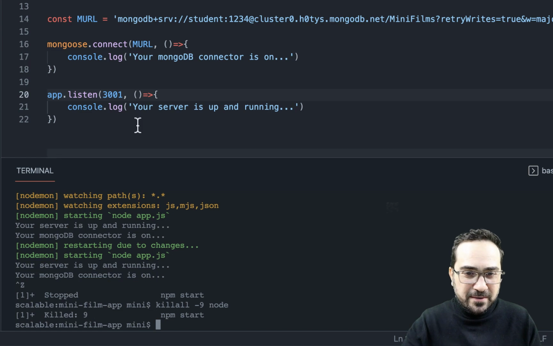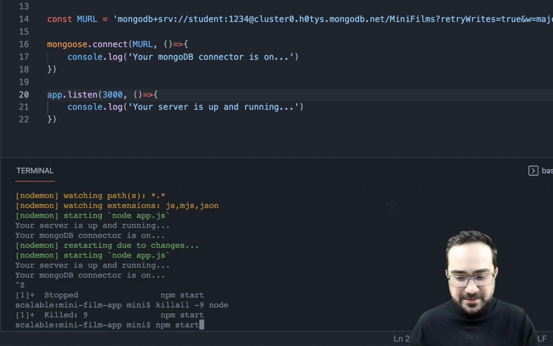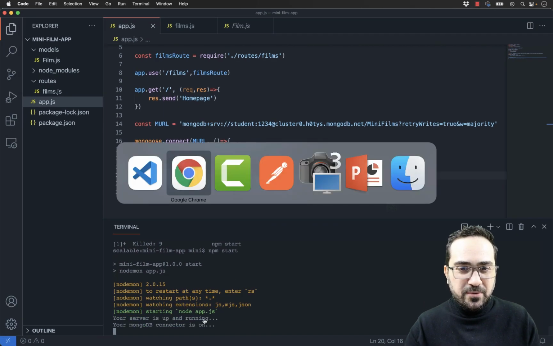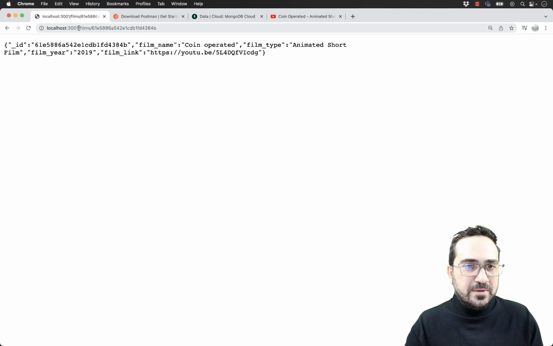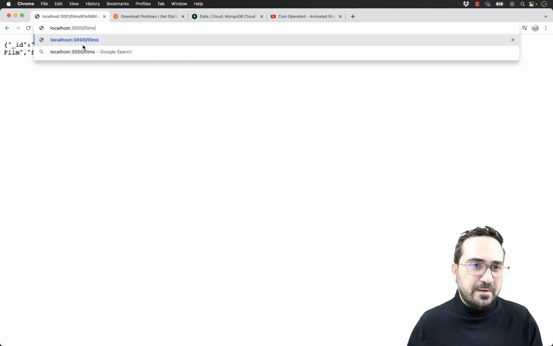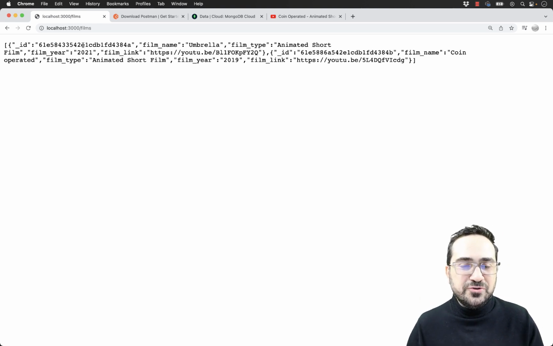And now I will go here and make it 3000. I will start my server, supposedly now that my port is cleared. So I will start with npm start. Okay, I think it's fine at 3000. I will go to my browser and try at 3000. I don't want to see all the films, just this film, right? It works fine. I can see the films at 3000.